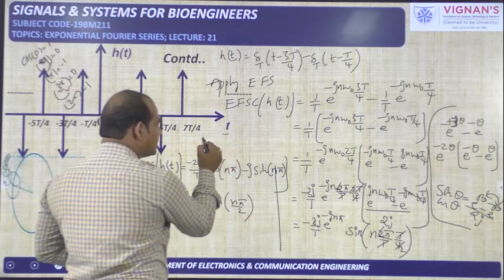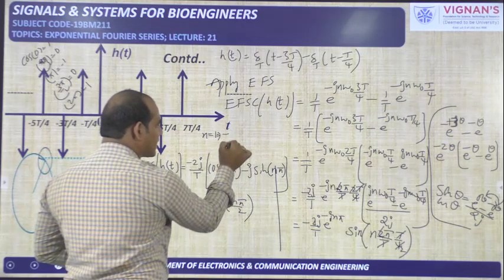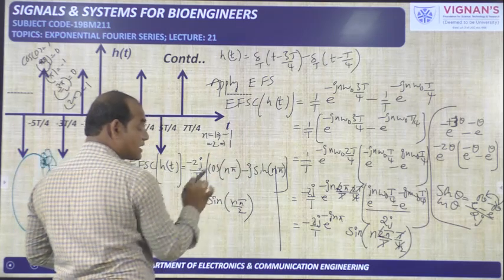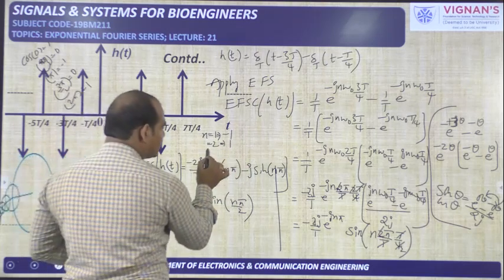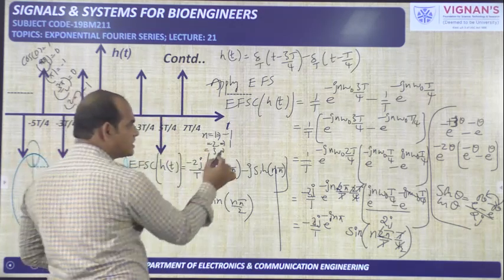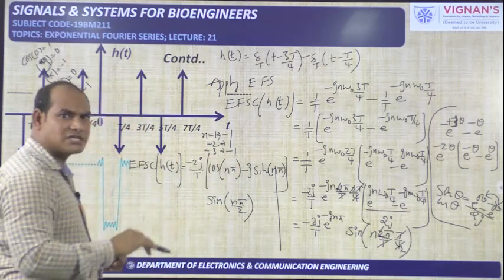Okay, for n is equal to 1, here we got minus 1. For n is equal to 2, we got 1. Cos 2 pi is 1. When you take n is equal to 3, again rotation, that will come to pi. That means it will become minus 1. So this is alternately changing, minus 1, plus 1, minus 1, plus 1 like that.